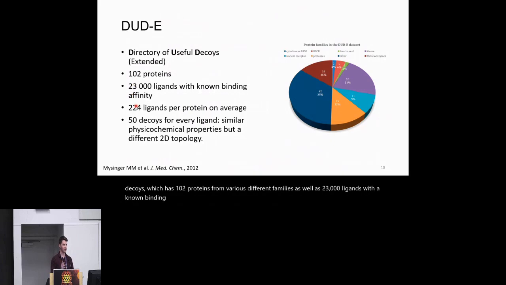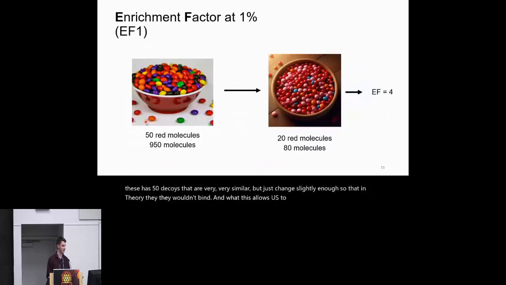This results in around 224 ligands per protein. And each of these has 50 decoys that are very, very similar, but just changed slightly enough so that in theory they wouldn't bind. And what this allows us to calculate is an enrichment factor, and in this case, an enrichment factor at 1%, where we start off with a certain amount of true binders for decoys,